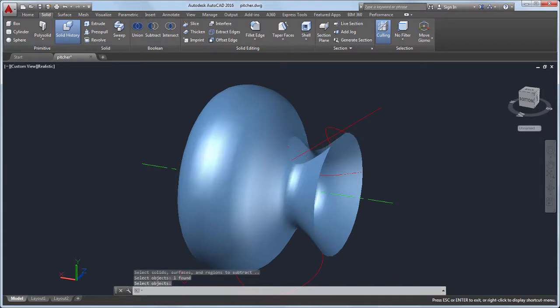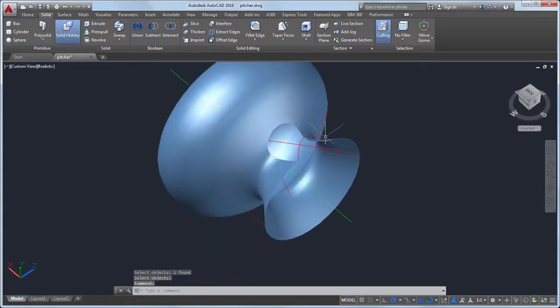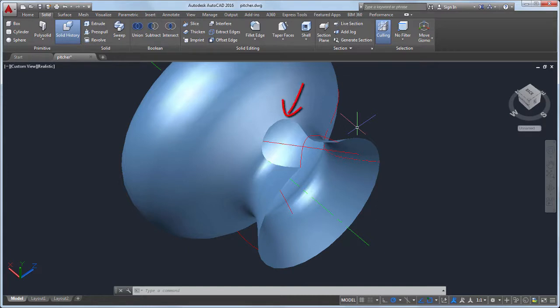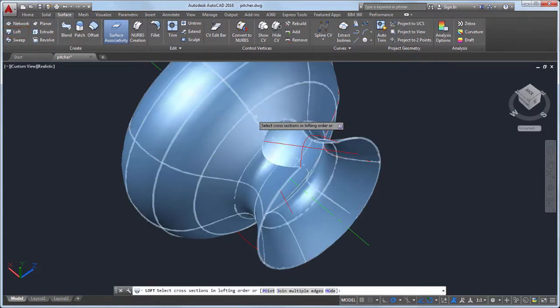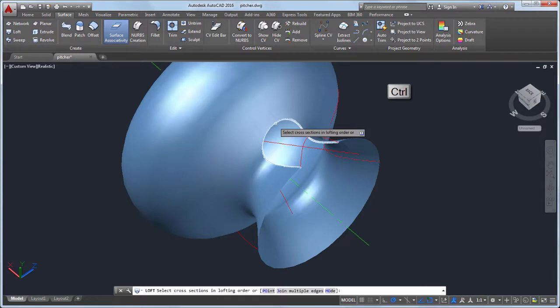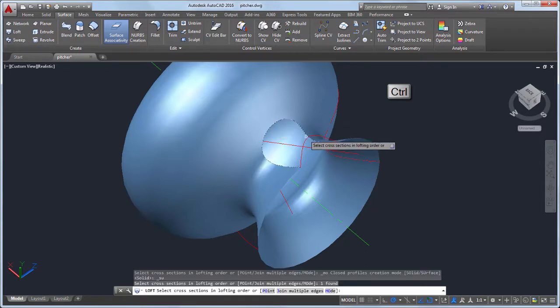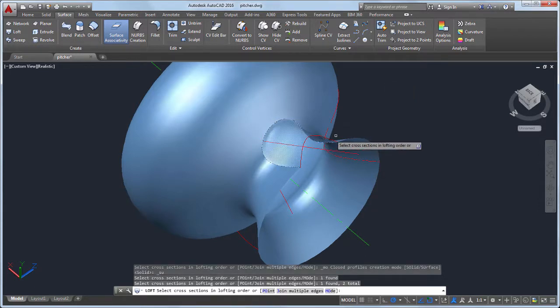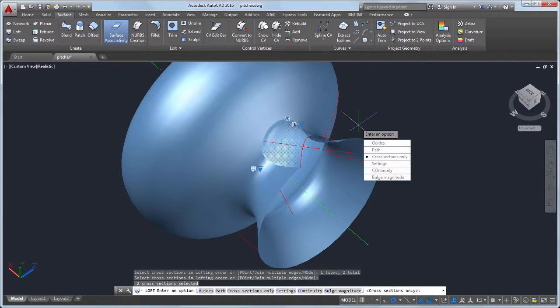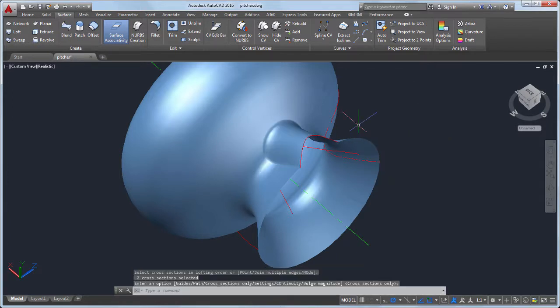I'll create the spout using the loft command to create a loft surface between the edge of the trimmed surface and the spline for the top of the spout. From the Surface tab, I'll select Loft. Pressing the Control key allows me to select the trimmed edge of the surface. Now I'll select the top edge of the spout and press Enter to create the surface, and Enter again to